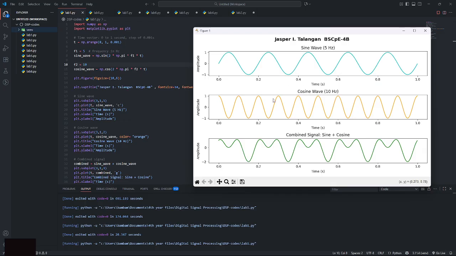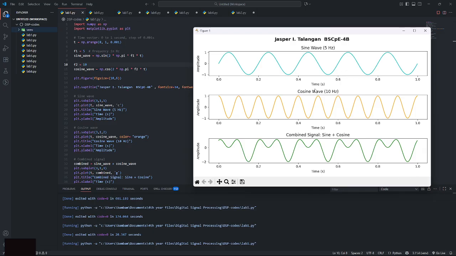Next, the second plot shows the cosine wave at 10 hertz. Unlike the sine wave, it starts at the maximum amplitude because the cosine function is phase shifted by 90 degrees relative to sine. You also notice that it oscillates faster because it is 10 hertz.